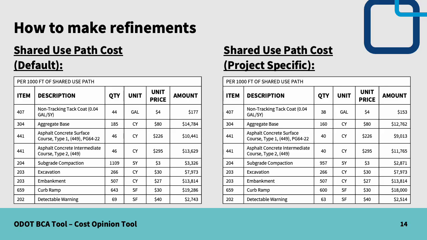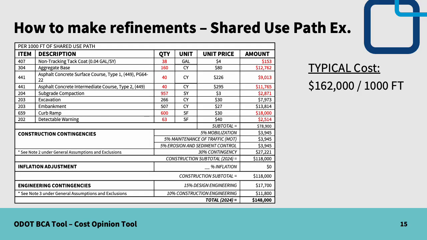Let's compare the typical default cost on the left and the customized project cost on the right. The differences are highlighted here in red. In our example case, the assumptions reduced all of the quantity values. This in turn changes the overall cost for each line item per 1,000 feet of shared use path. Looking at the overall summary cost per 1,000 feet of shared use path,